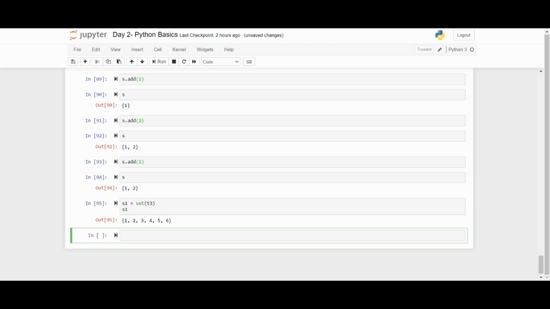It gives me the unique elements from my tuple T3. You can do this method with any of the other data types. You can do it with a list also, and you can do it with tuples. This is the basis of set, and the built-in functions that you can see in set are